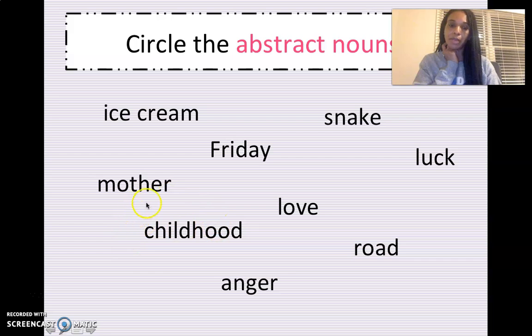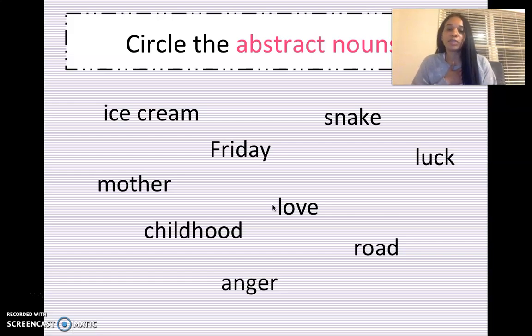Nope. It's going to be abstract. You got it. What about love? Is it a feeling? Yes, you love your mother. You love your sister. You love your dad, your brother. Yep. Can you smell love? Can you hear love? We can hear when someone says I love you, but can you actually hear